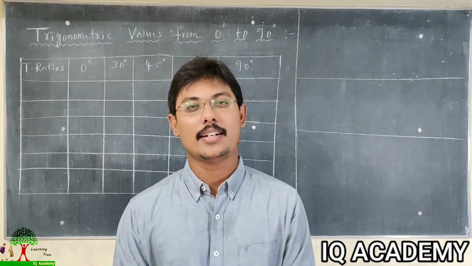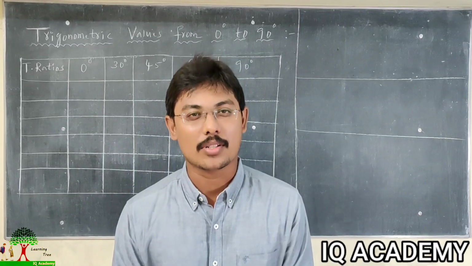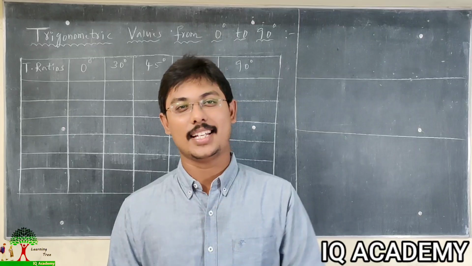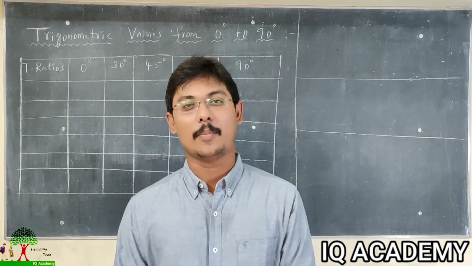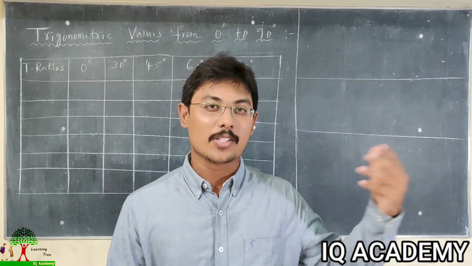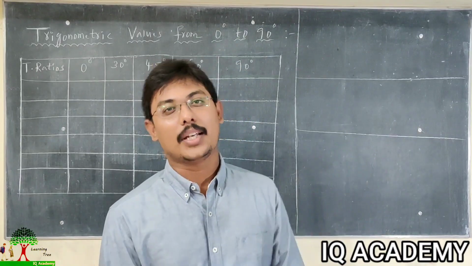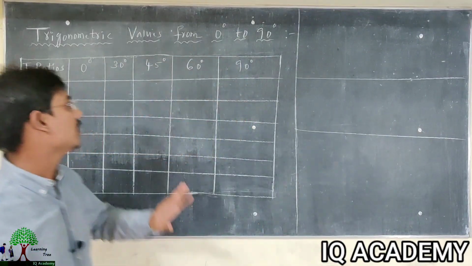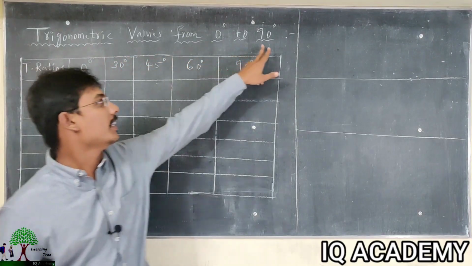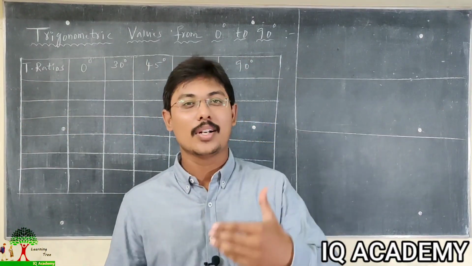Previously, we completed the trigonometric basics. Now, in this video, we are going to learn about the trigonometric values from 0 degrees to 90 degrees. A very important topic for all types of exams, for 10th class students, for intermediate students, and also for BTech students. Engineering students also find this topic useful. So now we are introducing trigonometric values from 0 degrees to 90 degrees. See how to find the trigonometric values from 0 degrees to 90 degrees.